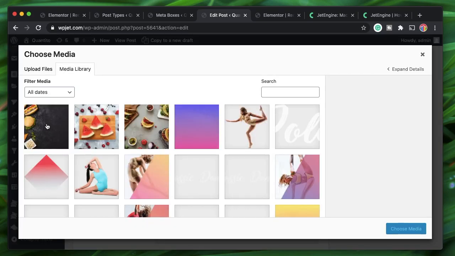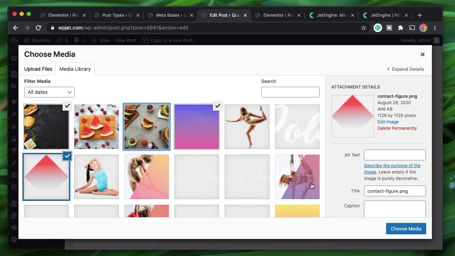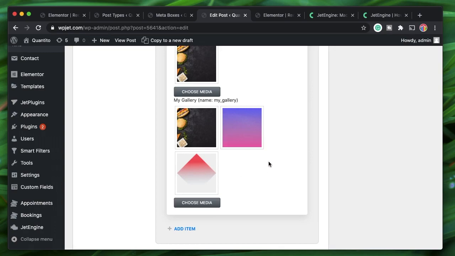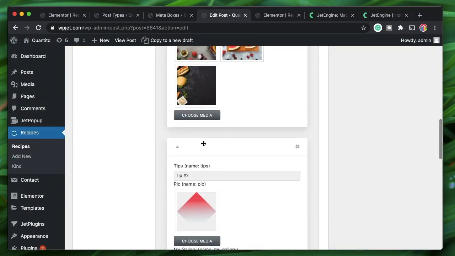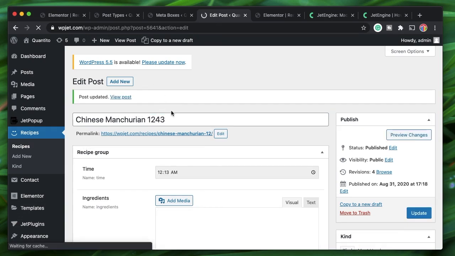Let's also pick a gallery for this. I'll pick these 3. I think these 3 would be fine. So I'll just click on choose media. So we added the repeater subfields to this. We need to update this post so that the repeater subfields are added and saved to this post, and the